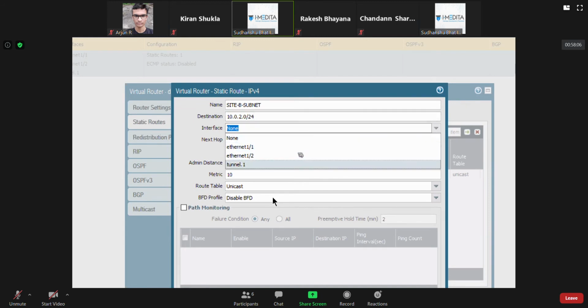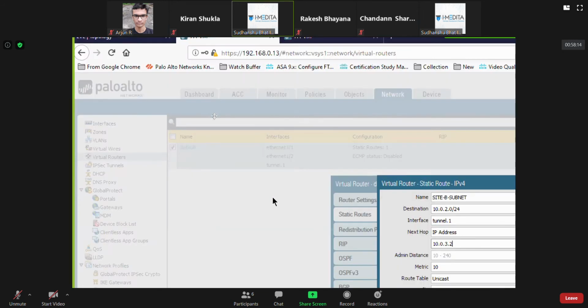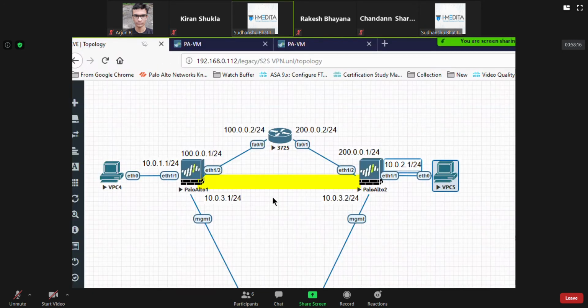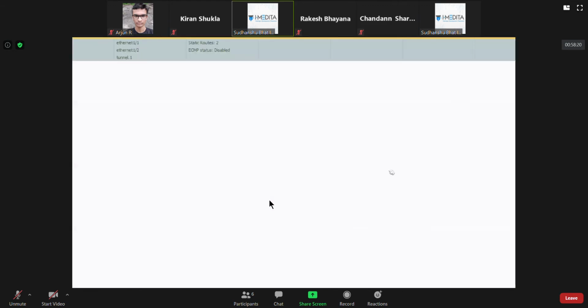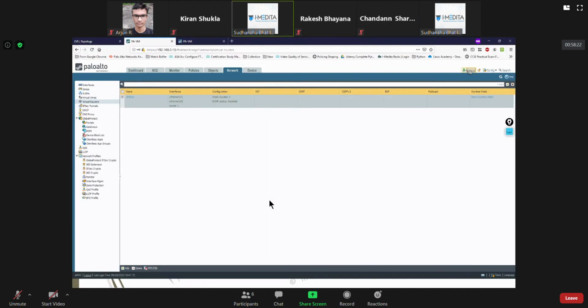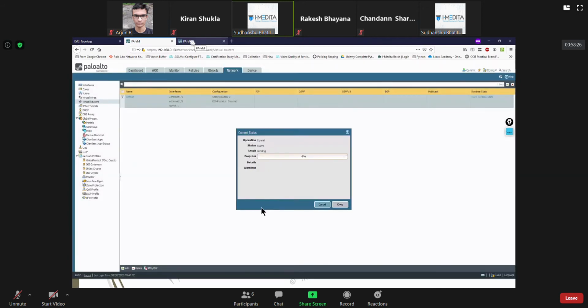Interface will be tunnel 1, and next hop IP will be 10.0.3.2, which we'll assign to the other firewall. Let's push commit and do a similar configuration. Configuration is easy. The thing is, we need to understand how it is working. That's a little bit complicated.